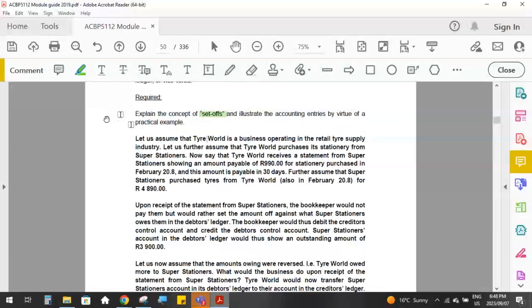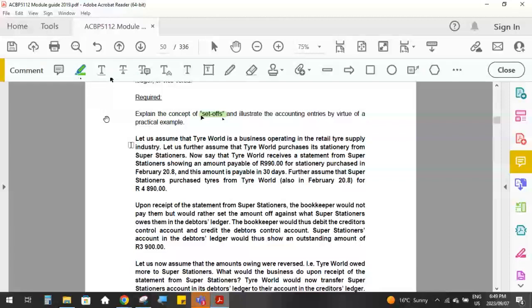So in other words, we would have a record in our debtors ledger with this person containing the transactions from the sales that we've made to them, and then in our creditors ledger, we've also got an account with them regarding all of the goods that we've purchased from them. So when this happens, we can do what we call a set off,